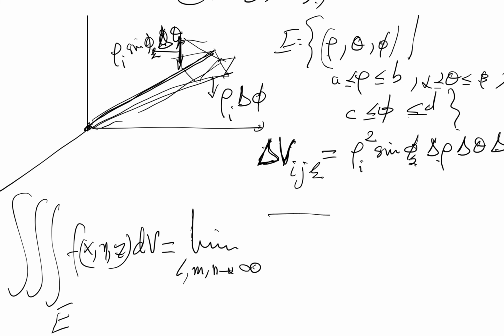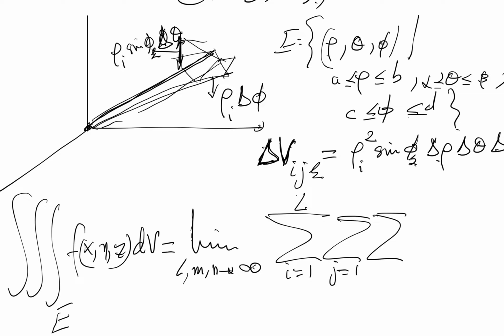a sum. You take the triple sum, where i goes from 1 to L, for example, j goes from 1 to M, and k goes from 1 to N. And then you use the function f and make sure you choose any points. That point is called